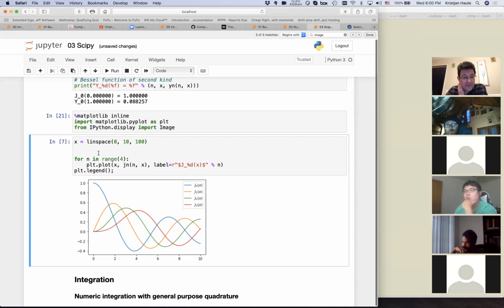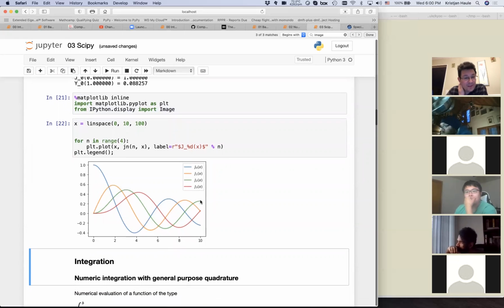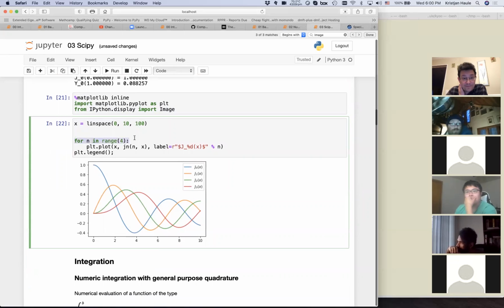Okay, so we're going to do this. Then we can plot Bessel functions. First few Bessel functions, let's say J0, J1, J2, J3. So what did we do? Well, we plot n's between 0 and less than 4, isn't it? And then we just take some linear mesh between 0 and 10, 100 points, and then we get the Bessel functions of particular order n and